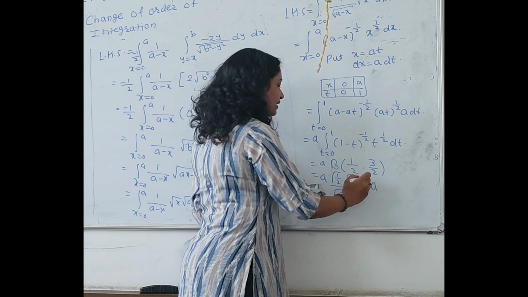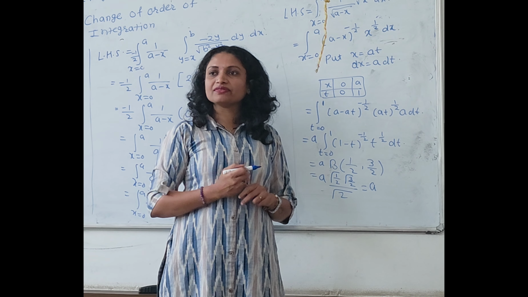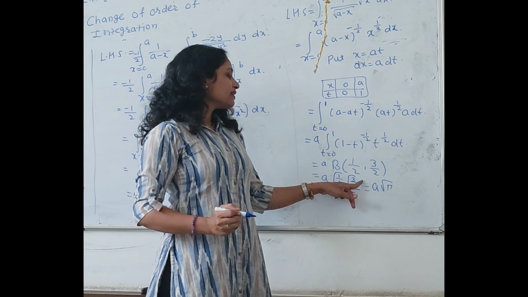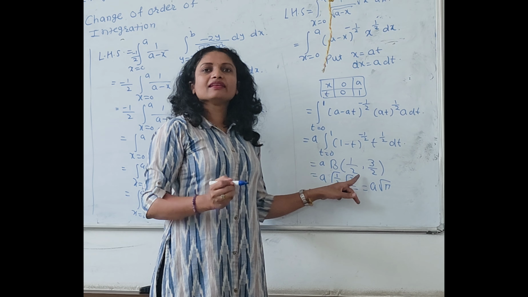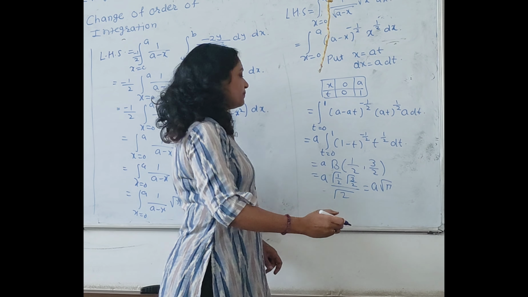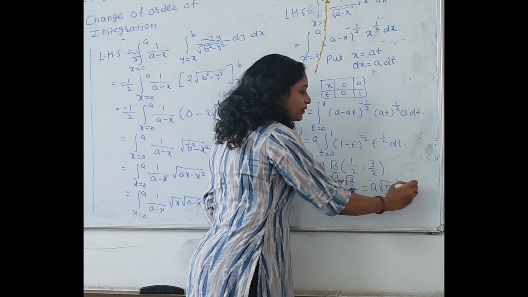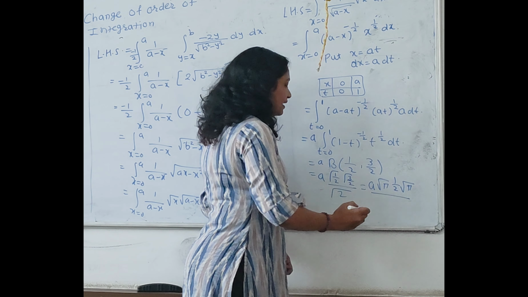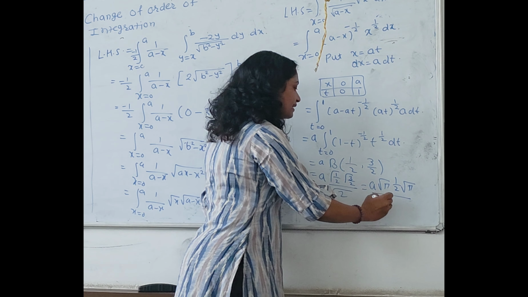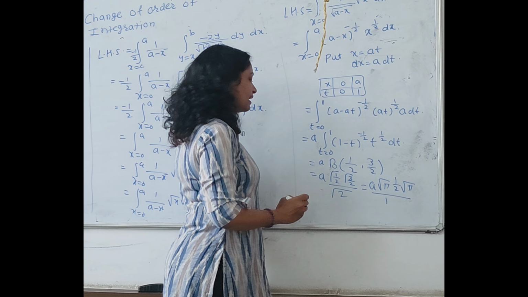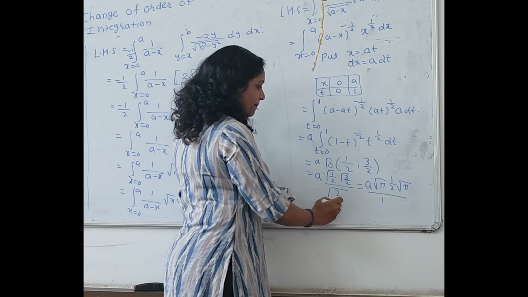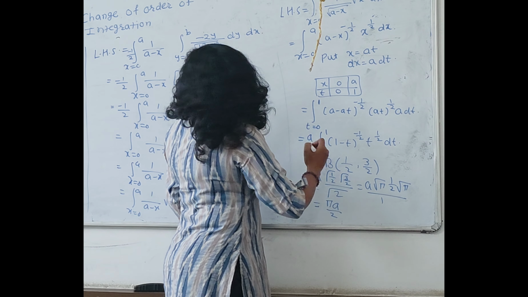So this will be a into, what is the value of gamma half? Root pi. So root pi by 2. Gamma 3 by 2 can be written as 1 by 2 plus 1, meaning 1 by 2 gamma 1 by 2, which is again root pi. What is the value of gamma 2? 1 factorial. Like this. So after simplifying, what will you get here? Pi a by 2, which is nothing but our